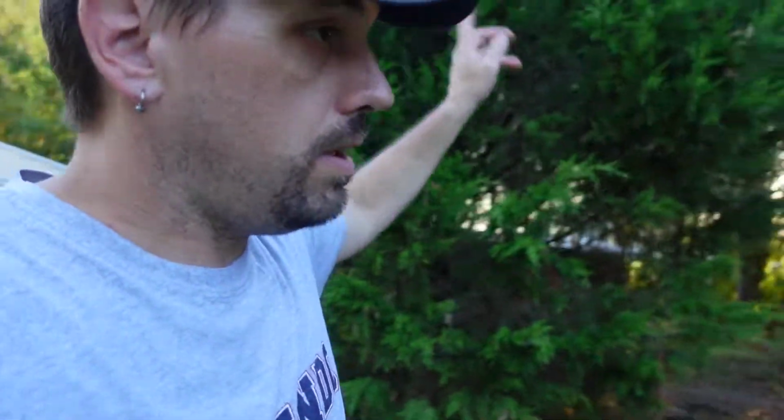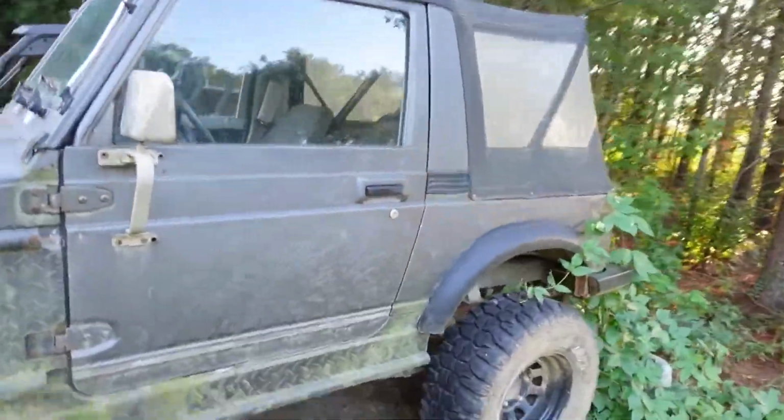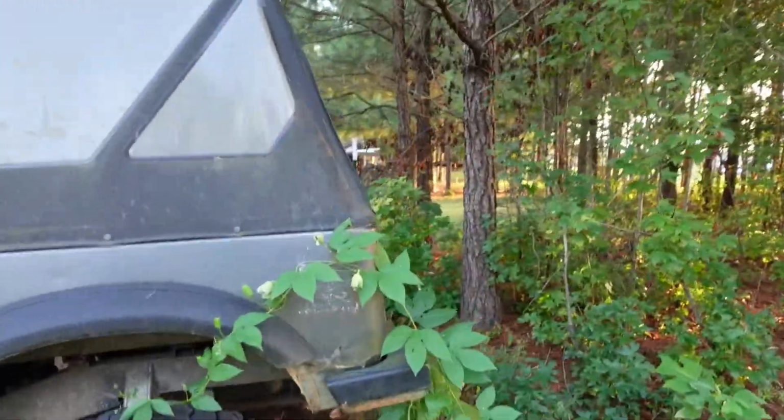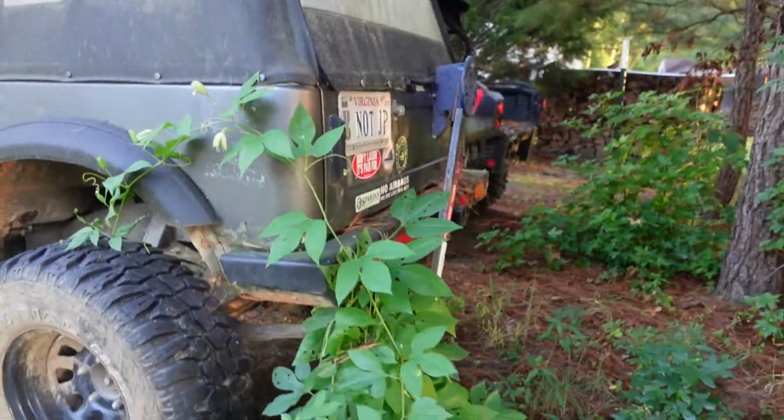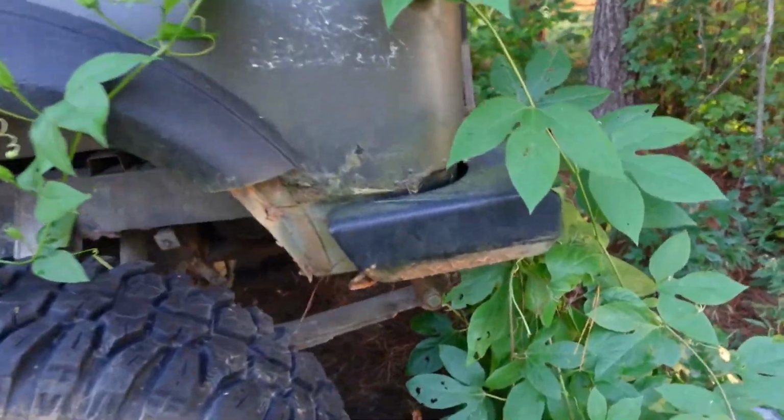One growing up the cedar behind me. And then the whole back of the Samurai has pretty much been taken over by him because, well, I haven't moved the Samurai because it's got bad brakes right now. But